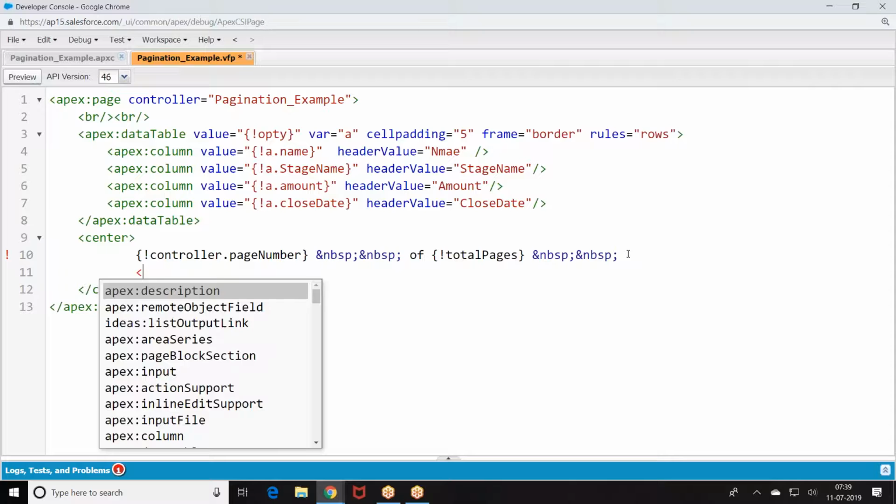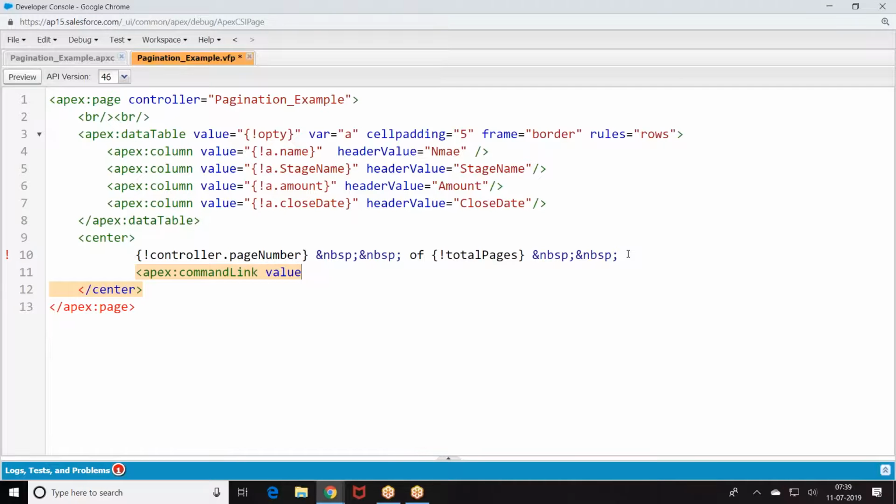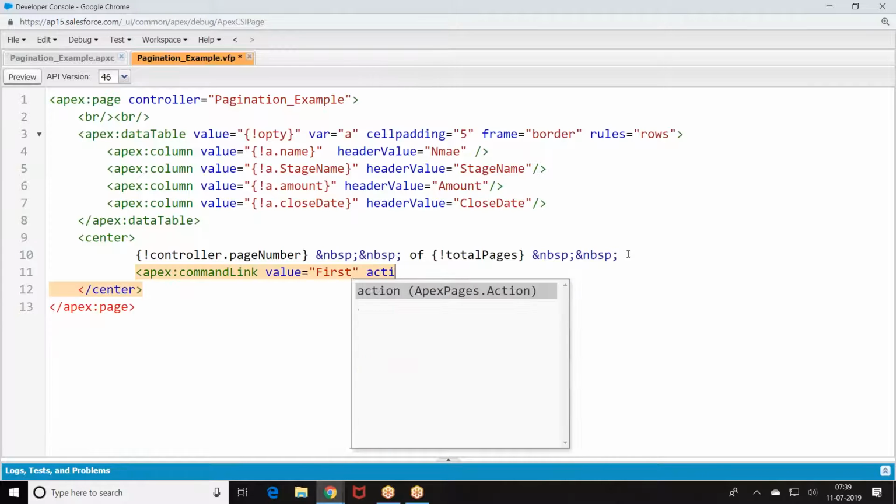Then we had a command link, value equal to, action equal to controller dot